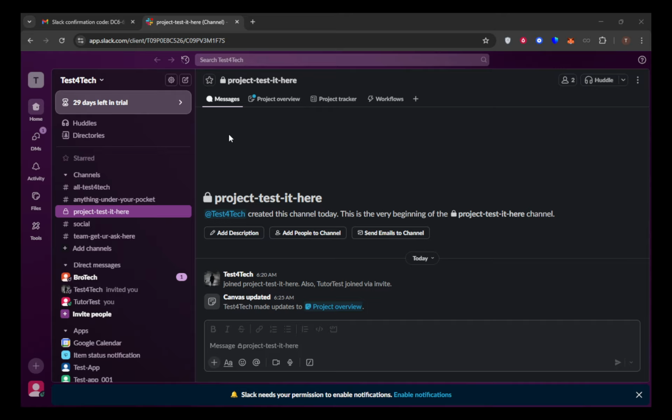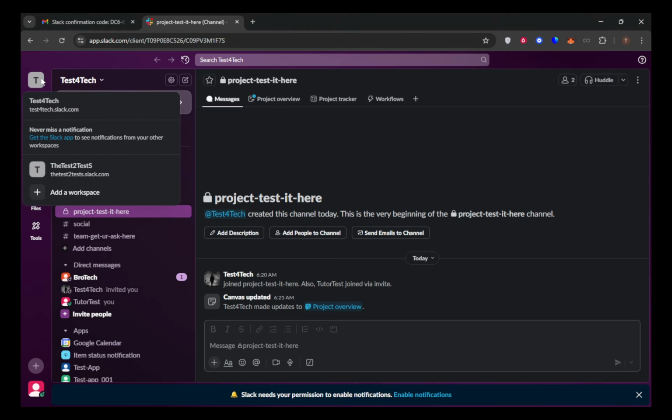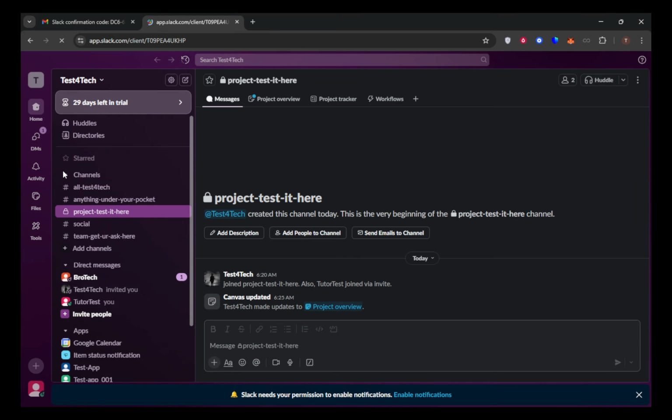First, you'll want to open Slack on your desktop or through your web browser. Once you're in, take a look at your Slack sidebar. You'll see the name of your current workspace displayed prominently. Click on that workspace name to open up the Workspace menu. This menu might contain various options, but what we're looking for is something that says Join or Leave Workspaces, or something similar. Once you've found the Join or Leave Workspaces option, click on it, and a new screen will appear,